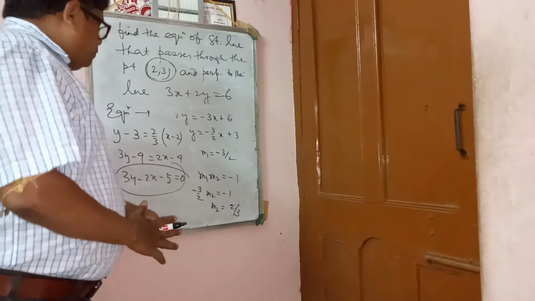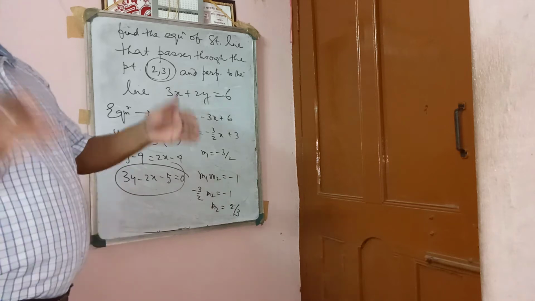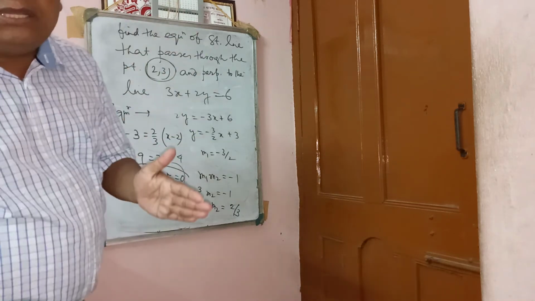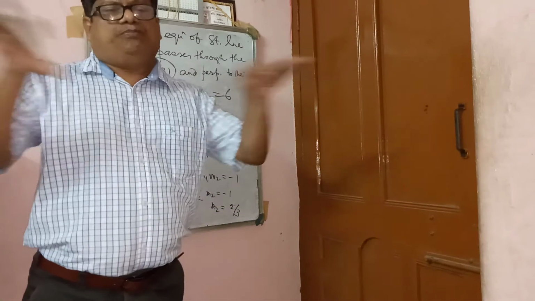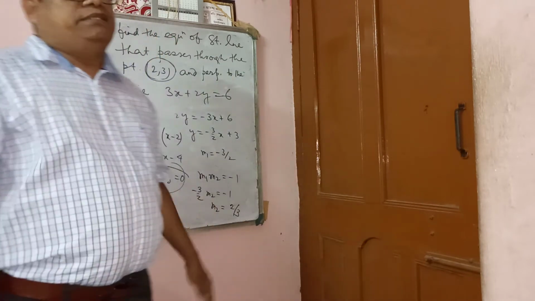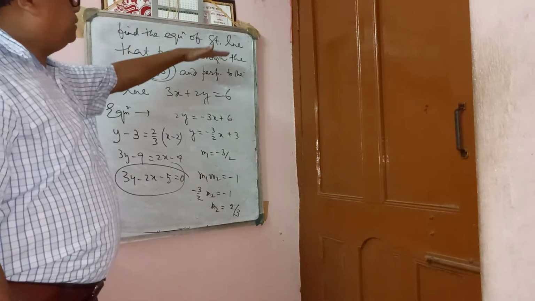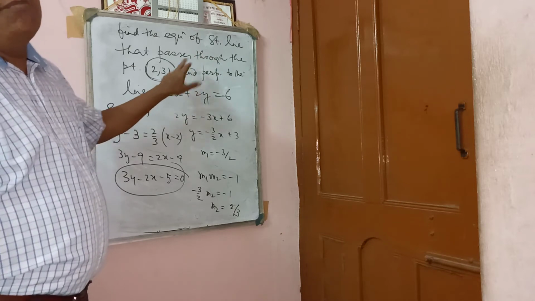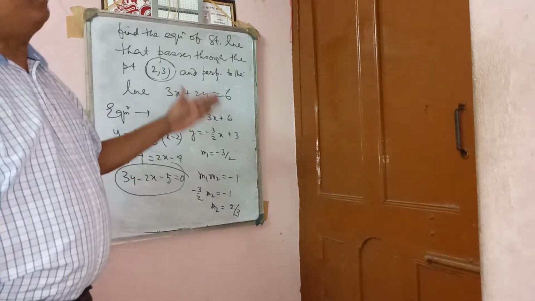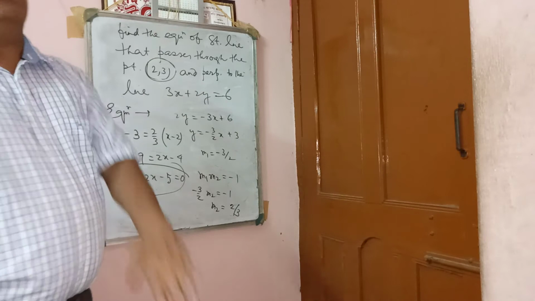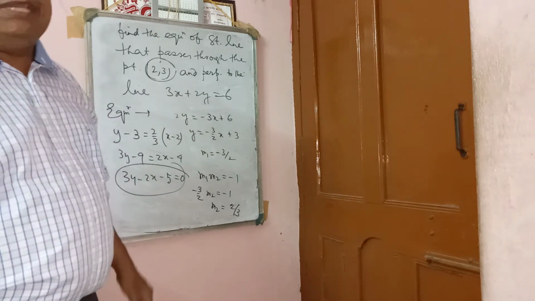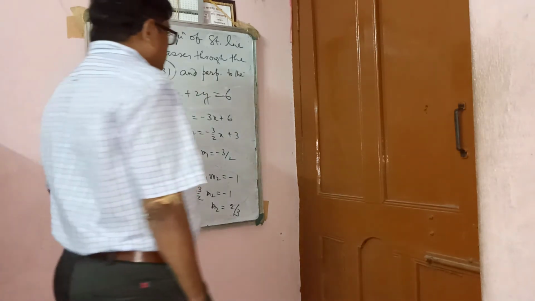Now, have all of you understood? If m1 m2 equals minus 1, the lines are perpendicular; if m1 equals m2, the lines are parallel. Suppose a line and a point it passes through are given, then find its perpendicular line or its parallel line. Okay. Next,